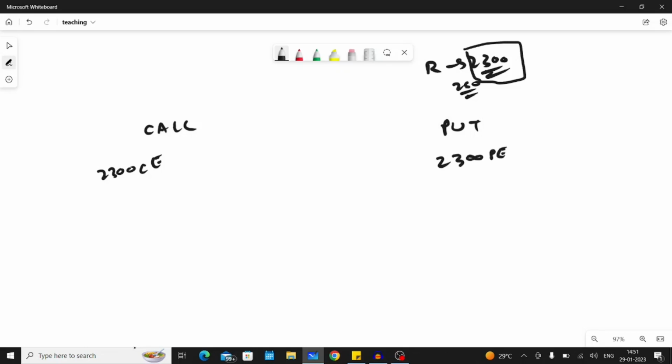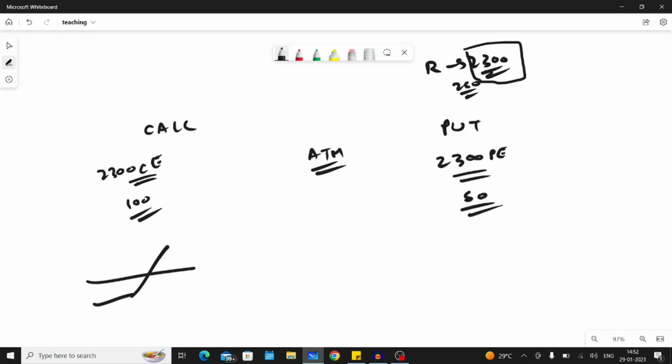So there will always be a difference between the price of the same call and put option, even if they are at the money, because of market sentiments. So currently Reliance 2300 CE is traded nearly at 100 rupees, whereas the put option is only about 50 rupees. So the graph of call option would look like this, whereas the graph of put option